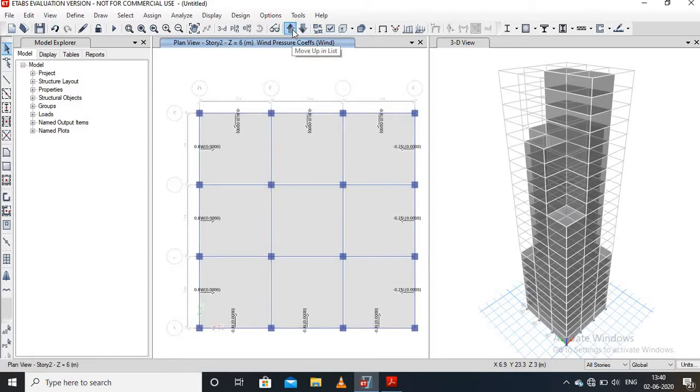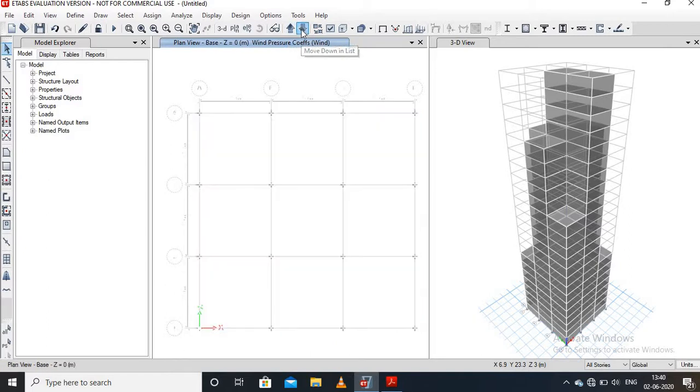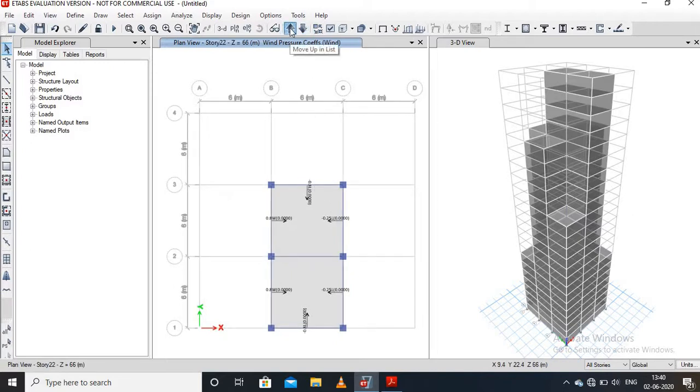We can move to any story and see the direction and the wind load in any story. Okay, therefore we have also applied wind load in all stories. We can see the direction of the wind load also.